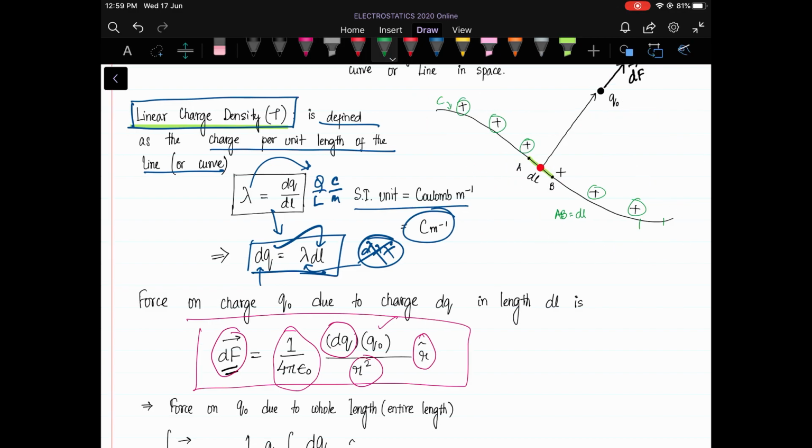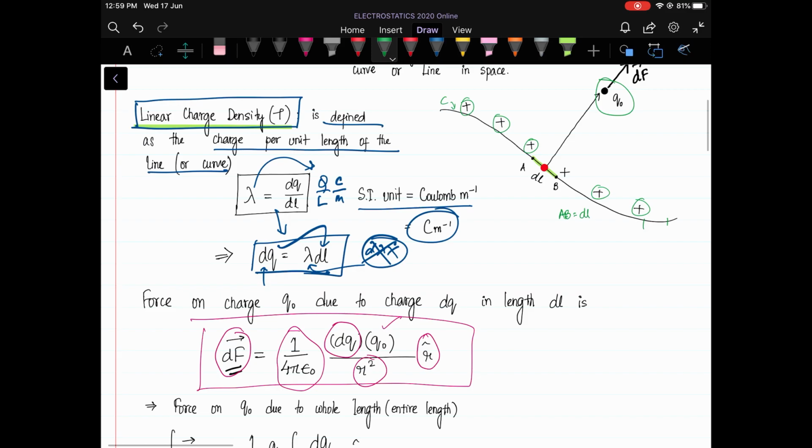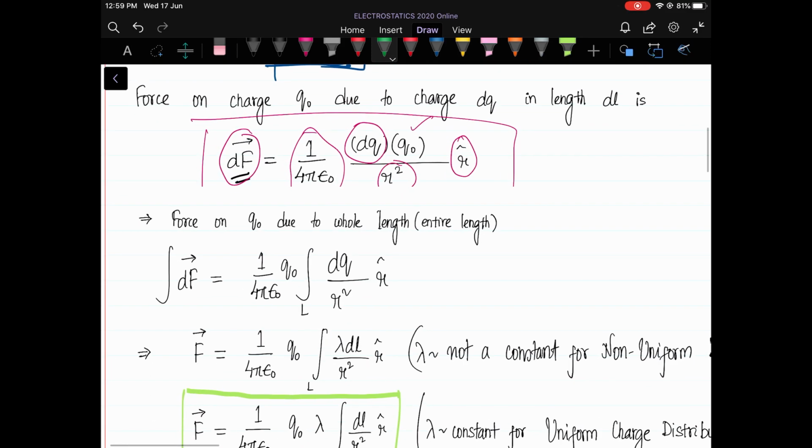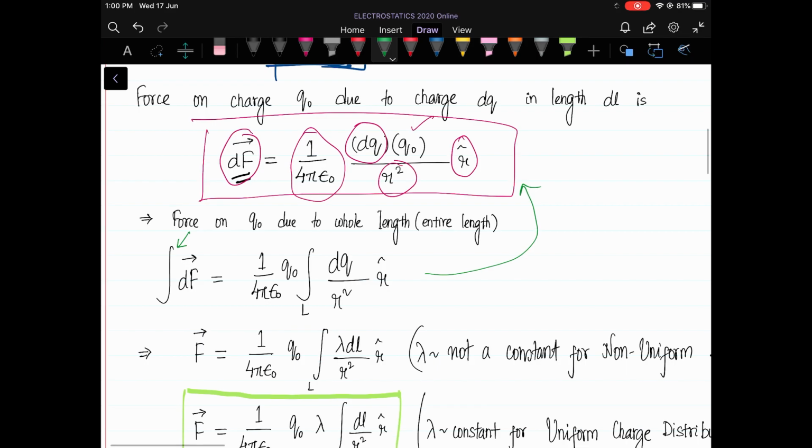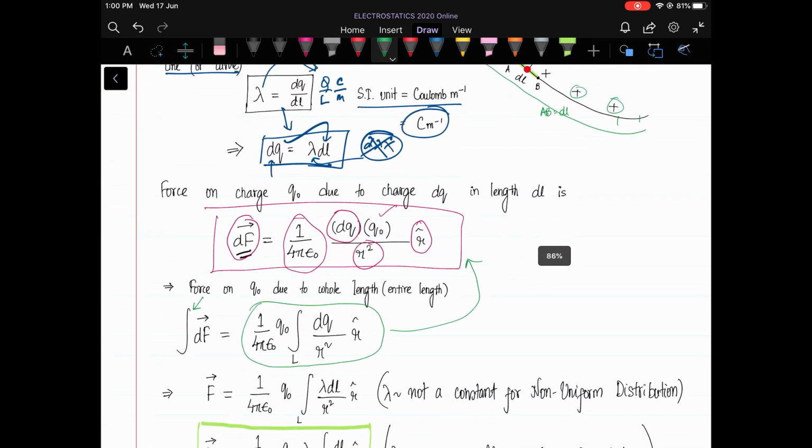In order to find the total force acting on this charge due to all the charges present in this length, we are simply going to integrate the equation that we have. When I do that, I'm simply going to integrate both sides. Now you can see the right-hand side represents the force experienced by the charge q naught,